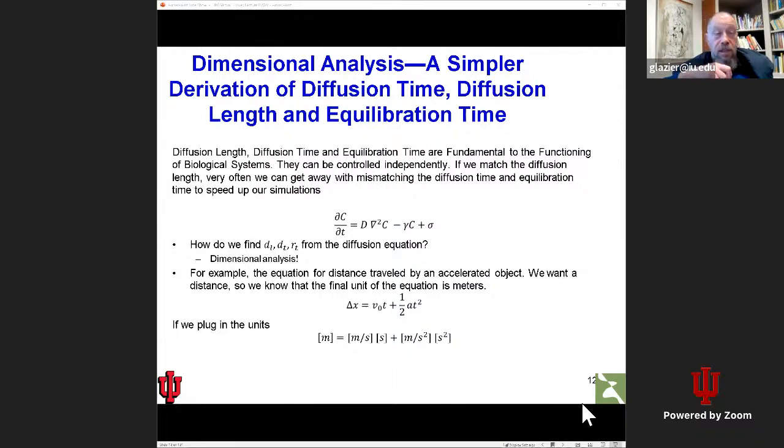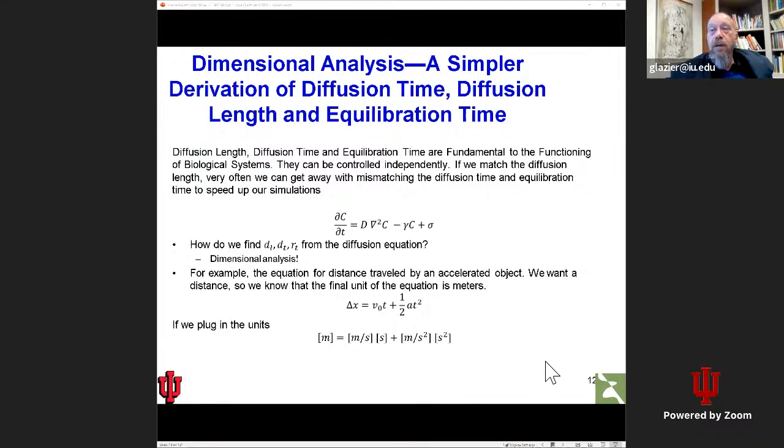And this works when you have a limited number of variables and parameters to play with. So if you want to know what the diffusion length, the diffusion time, and the equilibration time are in your system, and you have a particular equation governing your system, in this case the diffusion equation,